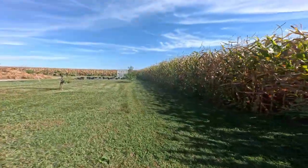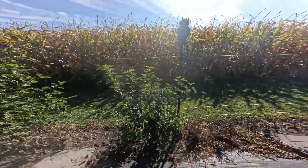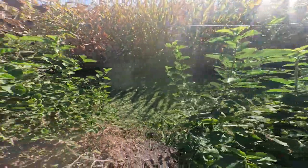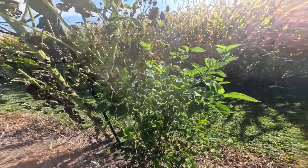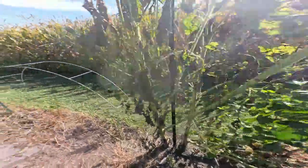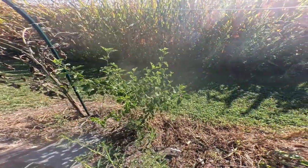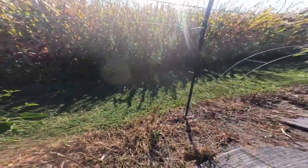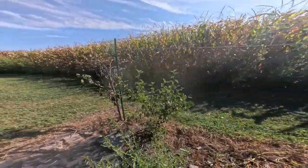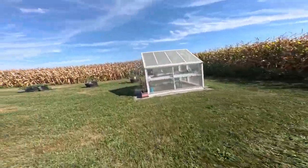Now, where the vineyard should be, because I had the grapes planted back here, I have some volunteer mulberries. So I do not want all of these. So I'm thinking I'm going to trim down a few of these, because I am thinking of trellising the cucumbers in this general area next season. So that's one project. Next project is going to be